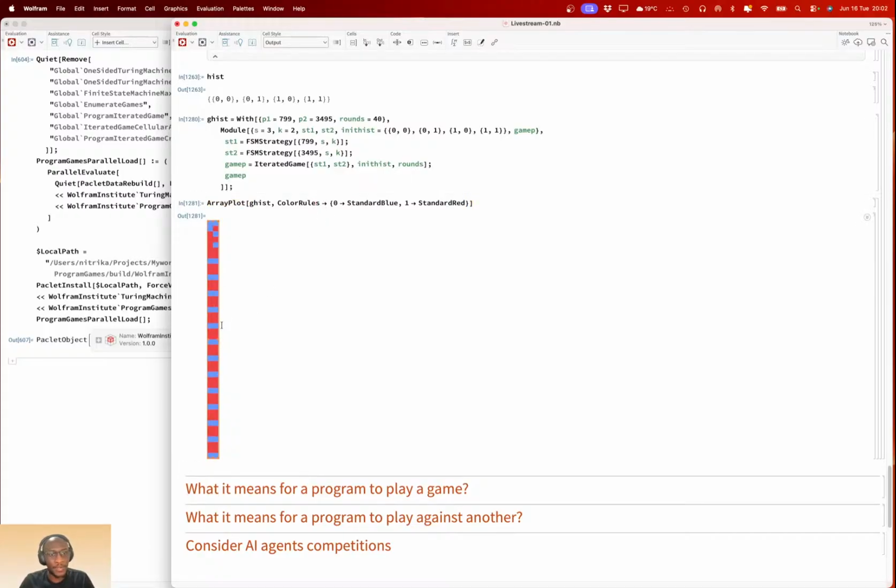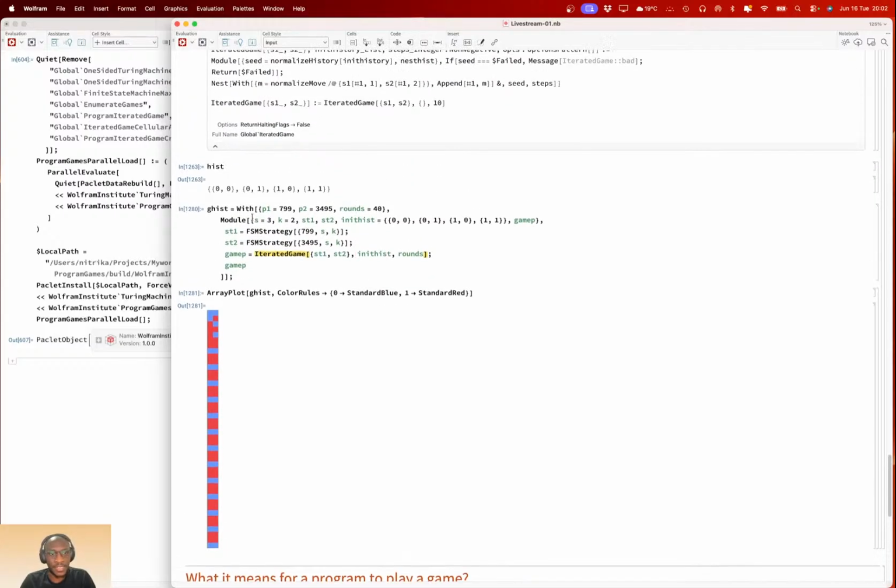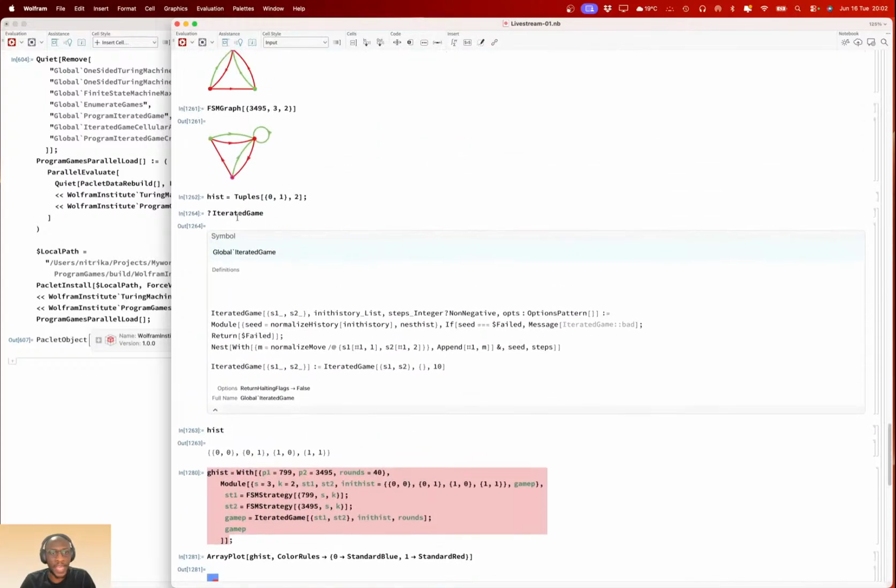They have found a periodic sort of state here, just repeating.